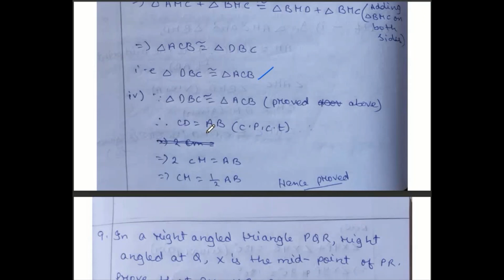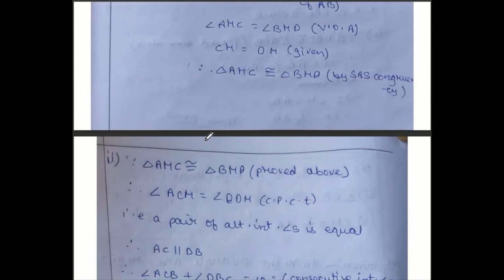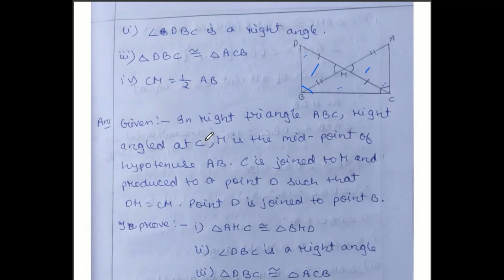And already we have CM and DM both are equal. That's why in place of CD we can write double of CM. And CM is equal to half of AB. Let us check once more, from the sketch, without the sketch it will not come out. Since this full triangle and this full triangle both are congruent, then this CD and this AB both are equal. And already we have CM and DM both are equal. That means the full line I can write as double of CM also.